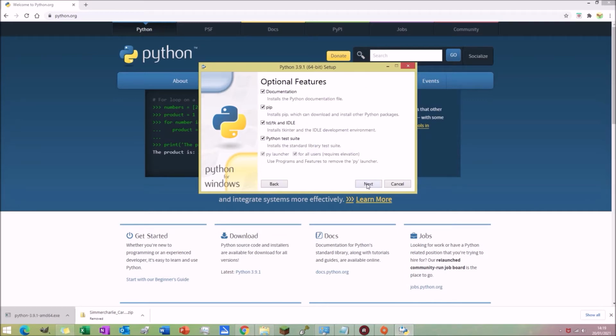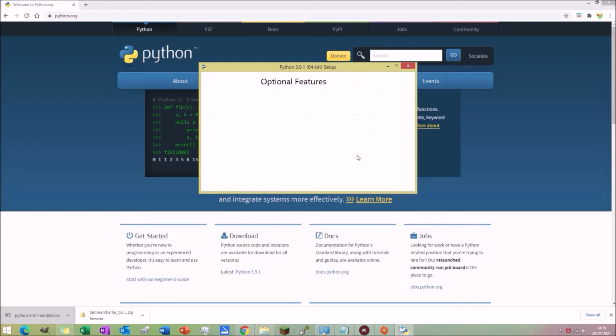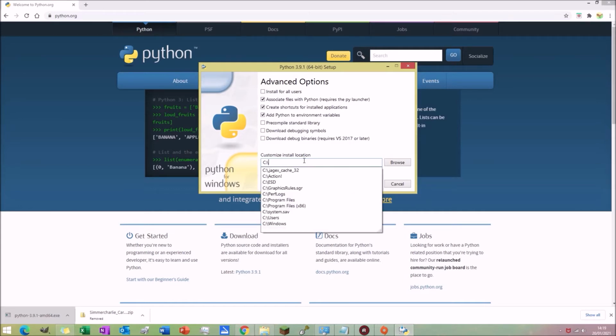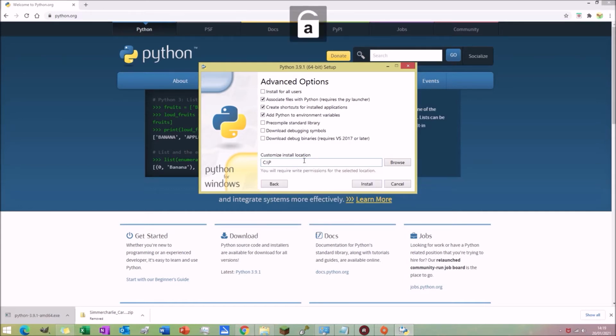This page you can ignore. I'll just check I did tick that. Yes, I did. You can ignore this page and just hit next. But this page here, what you'll need to do is you'll need to get rid of absolutely everything in this box here. And what you'll need to have is capital C, colon, /, capital P for Python, and then type in the version. So this version is